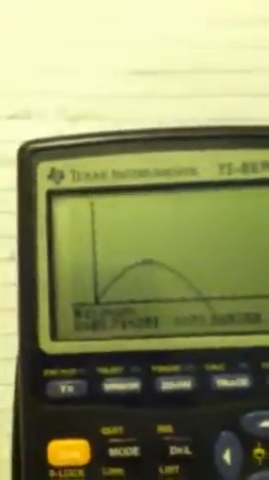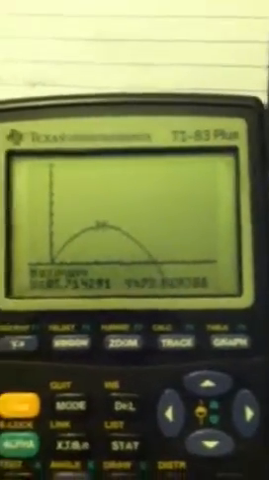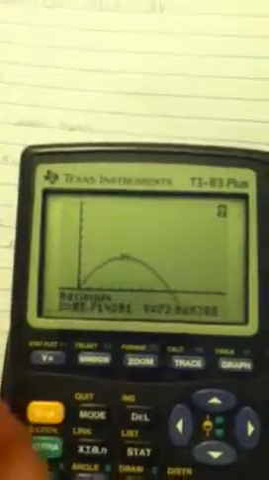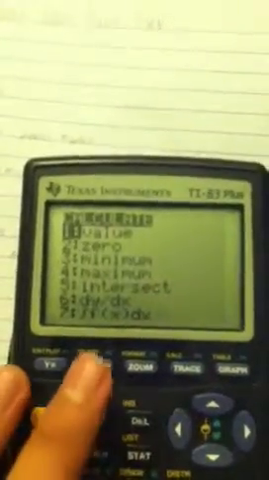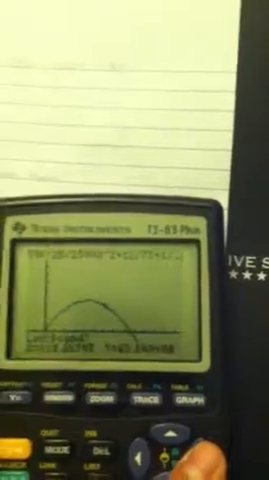The third question for this problem is how far did the football travel before it hit the ground again? So this equation is asking for the x-intercept of the graph. In order to find that, we have to press second calc and press 0. So for the first row, we have to find again our left bound,